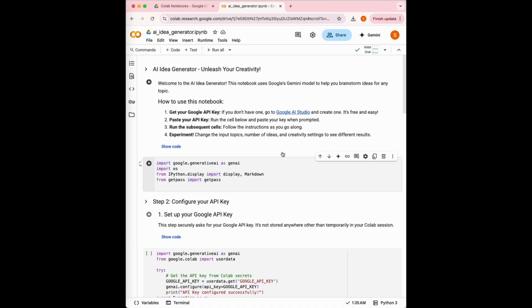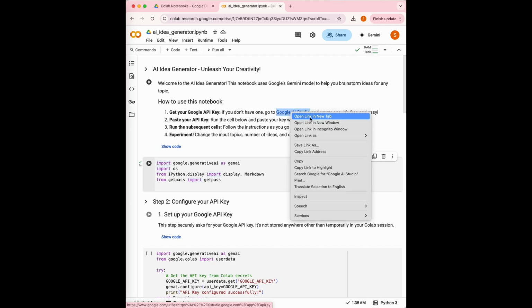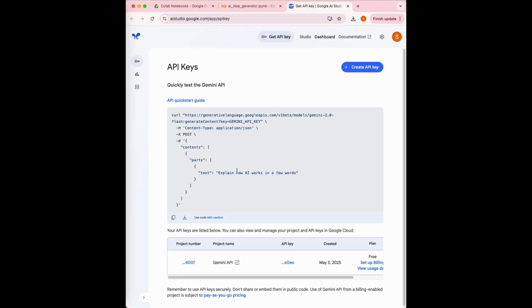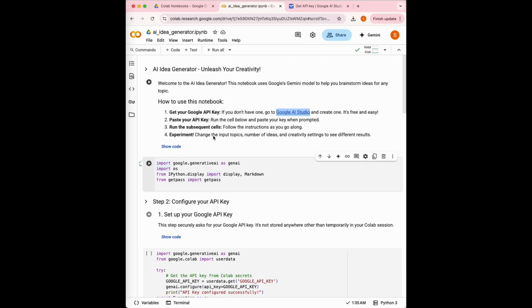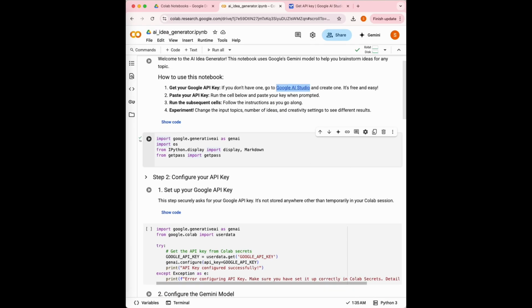Now, if you want to know how to create an API key, you can head over to this link. This will take you to Google AI Studio. You'll go here and say that you want to create a new API key. It will get listed here and then you can start using this. What we'll try to do in this session is